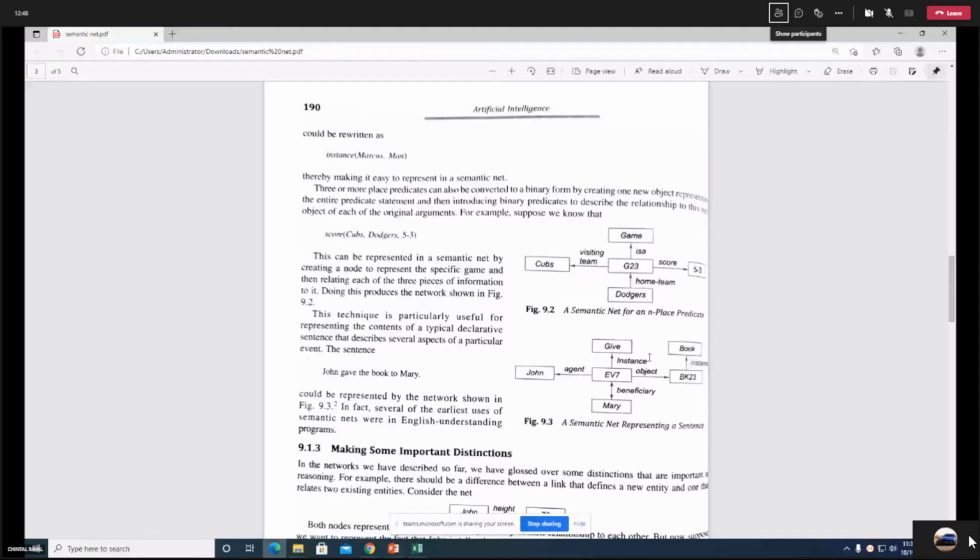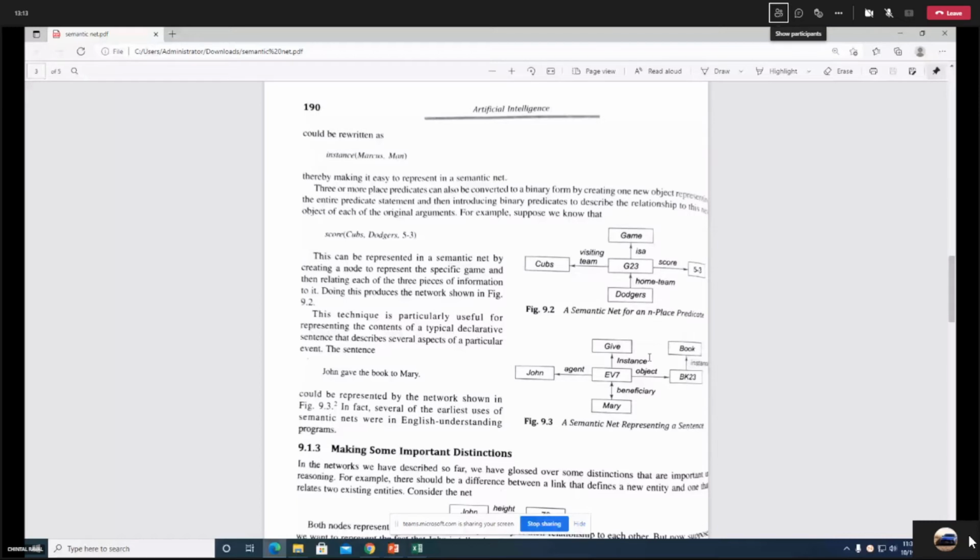We can create the object EV7, then John, Mary, and book. Here they have created an object of book, that is VK23. But if you want to eliminate this node and just place book over here, that is also completely fine. That is a completely perfect semantic net. No need to create an object for book, that is VK23.